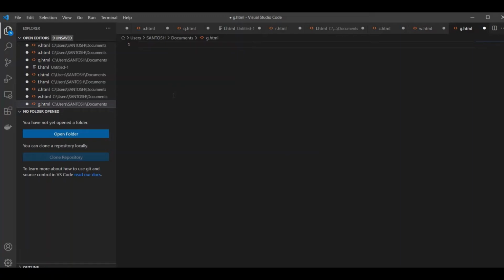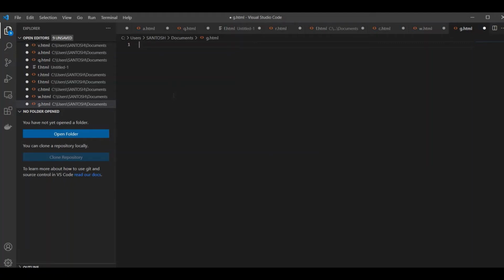Friends, number two technology in web development is CSS. It is an important part of web development, used for designing websites. Number three is JavaScript. JavaScript works like a brain in websites.